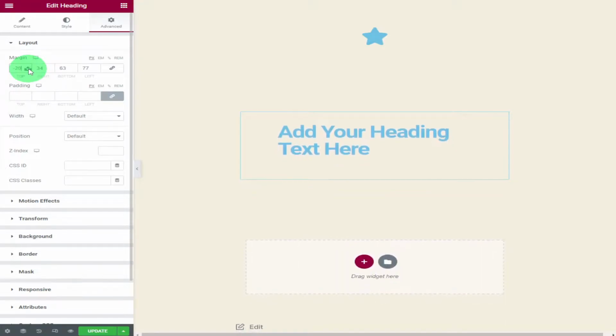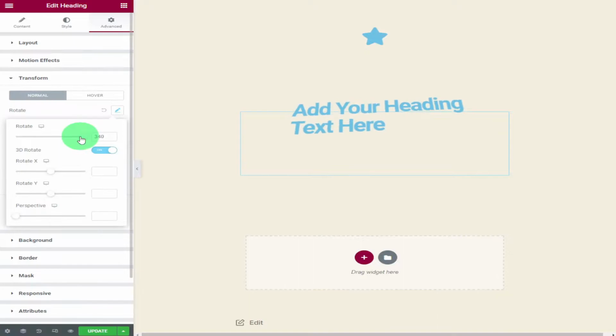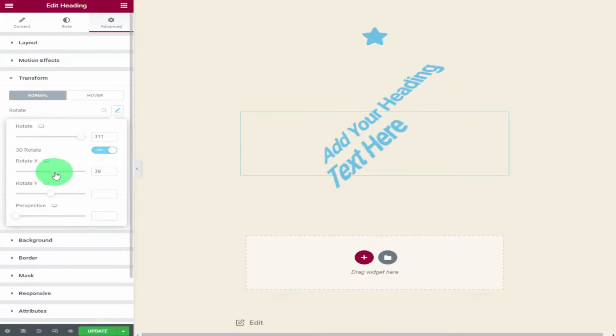Hi guys, in this video I'm going to show you the Advanced tab in Elementor. These settings and options are the same on nearly every element, so it saves time if I cover them all